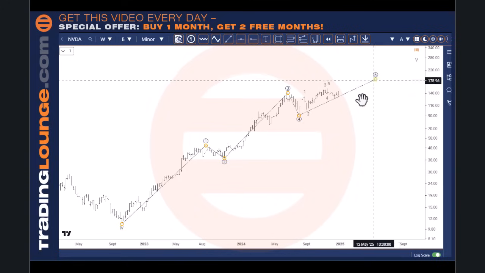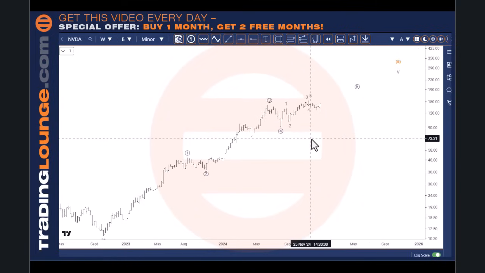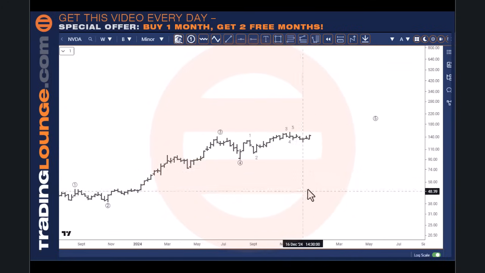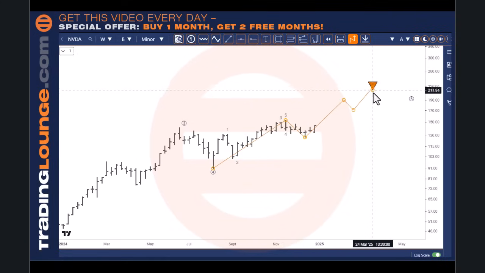So we need to put it out of the way for a moment and sort out this here. We're on a weekly chart at the moment, and what I'm seeing is there are 2 things that can go on here. Obviously, this move up here as wave 1 and wave 2 is fine, so that's all pretty good at that stage. Now, I can put this little wave 5 top in here and put that top in play, and then that would give us this as wave 1 to here, wave 2 to here, 3, 4, and 5, and finish up here, wherever that's going to finish up.